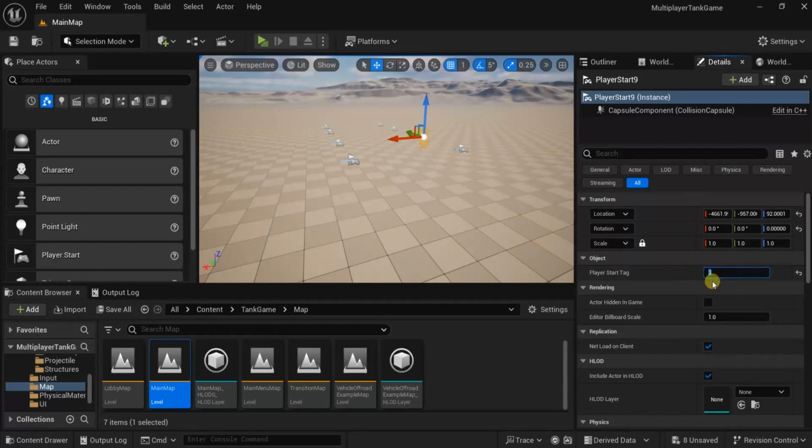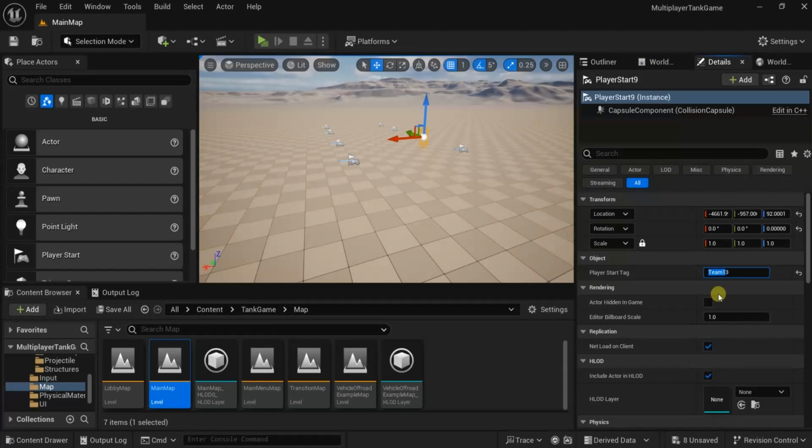This one has a tag. I will add with it the string team 1, because this side will be for team 1, the other side will be for team 2. Team 1. And the 3 I will leave it because this is for 8 players. So we'll add the team 1 tag with the numbers, and then we will add